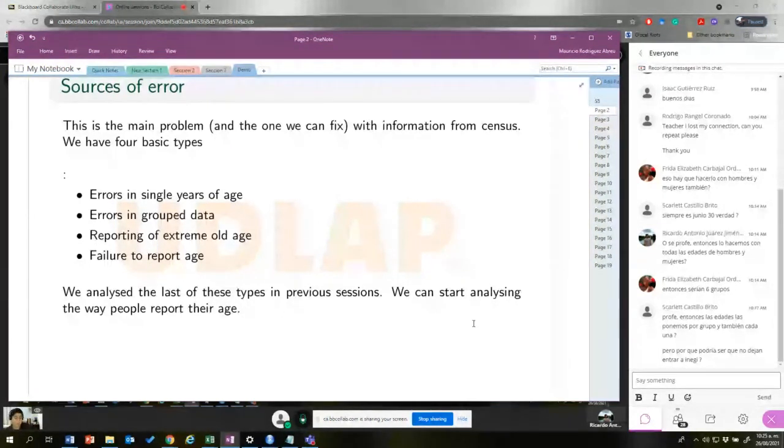Once we have access to the information, which is what we did, we still are going to find errors. Essentially, we have errors in single years of age, people not reporting their age accurately, but that also happens in group data. Reporting the extreme old age, again, if you ask my grandmother, well, I have two grandmothers, my grandparents are dead now, but if I ask one of them,